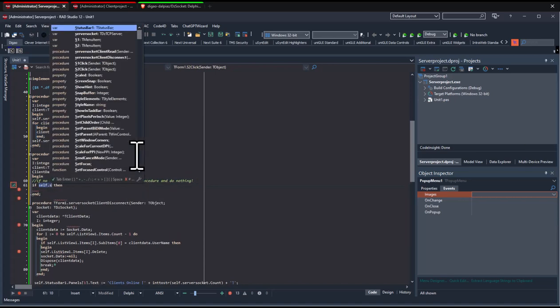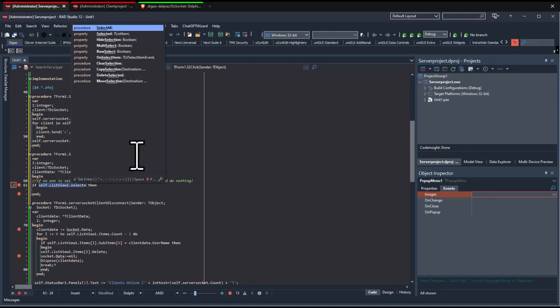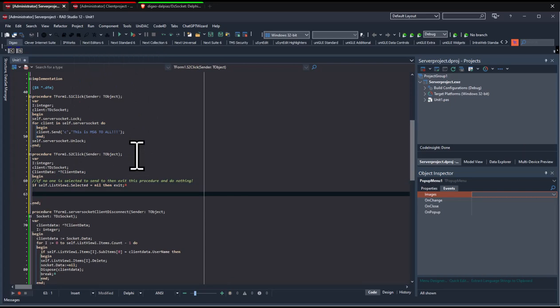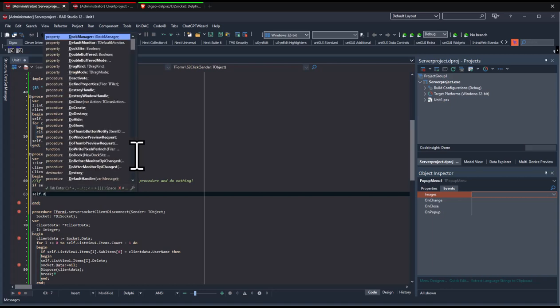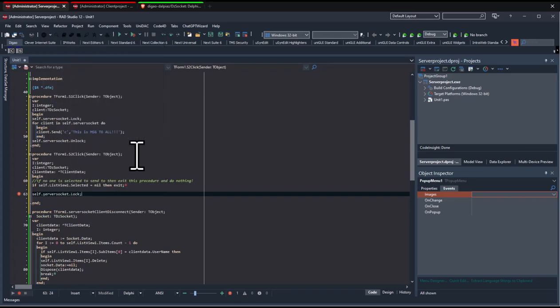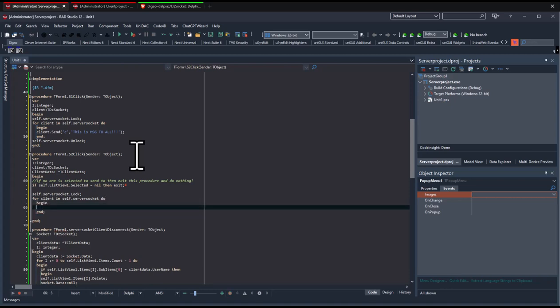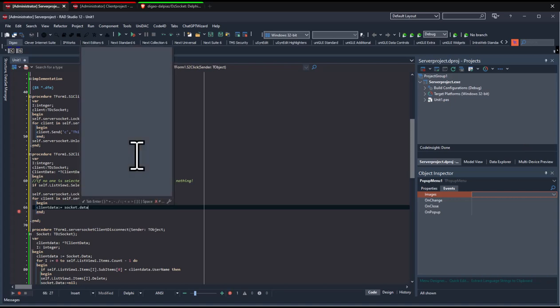If self.listView1.selected is equal to nil, then exit. Otherwise, we're going to go down into our code and start writing some stuff. So we're going to do our little lock thing, and then we're going to loop. So self.DzServerSocket.lock, and then we're going to go for, and then we're going to type in client in self.serversocket do begin end. So then we're going to say client data is equivalent to the socket.data,